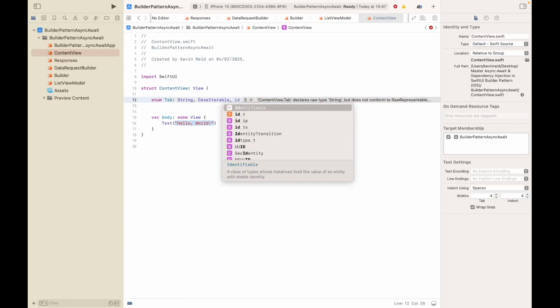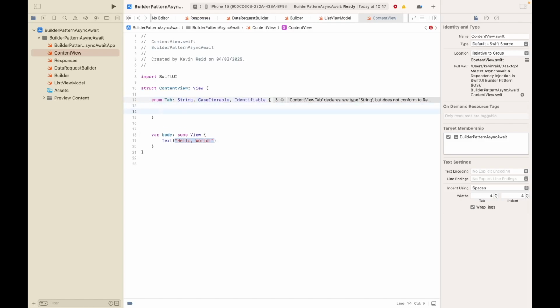So we also need Identifiable. case users = "users", case products = "products", case orders = "orders",